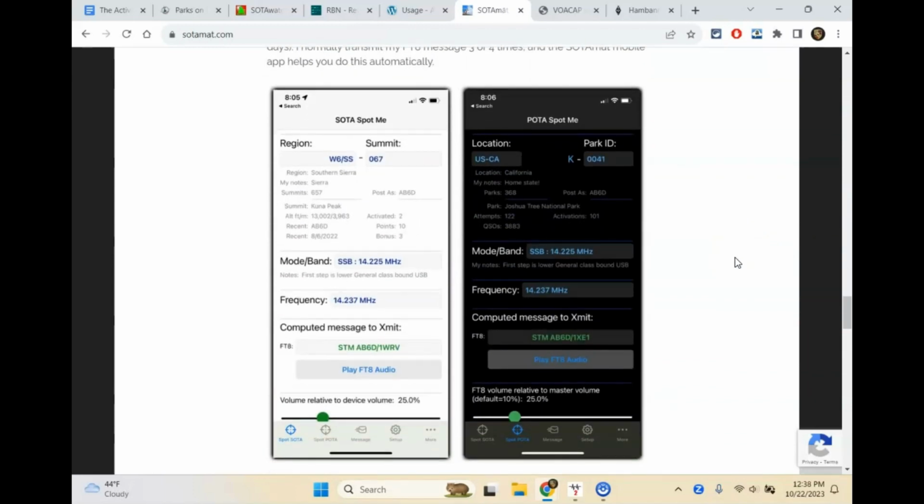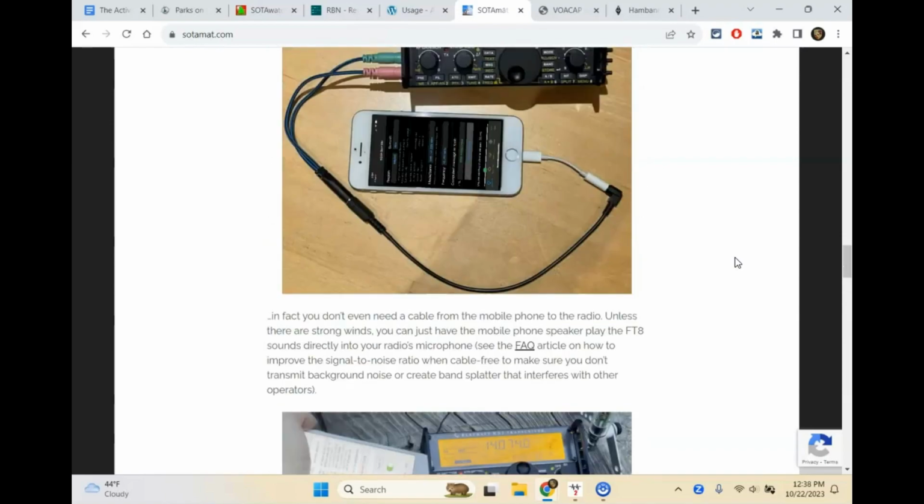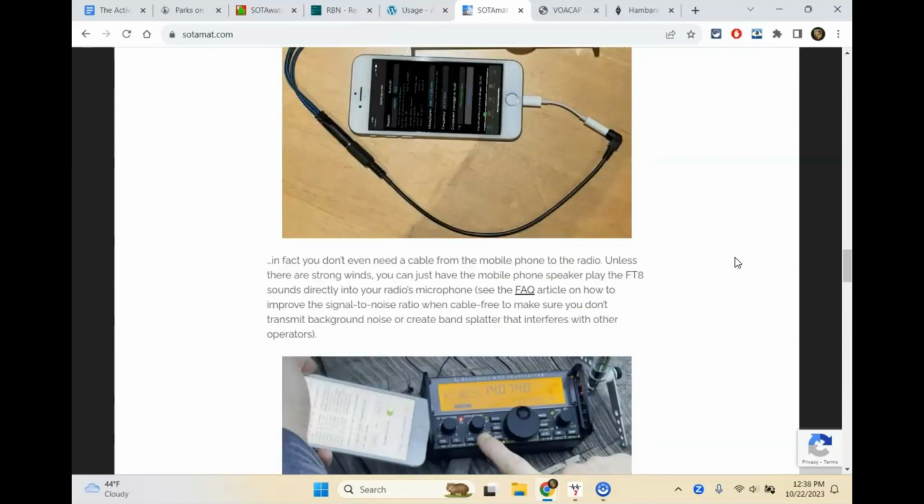Now, again, there's software you have to download on your phone. There's both Android and iOS. It works pretty well. You pick your band, your mode, all your location stuff. You play the FT8 audio and it keys up and you transmit that over the air and it spots you. It's pretty neat. You can also do it